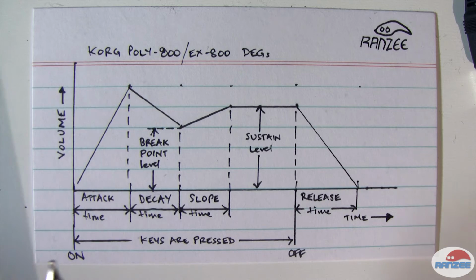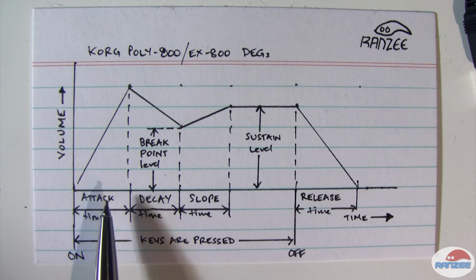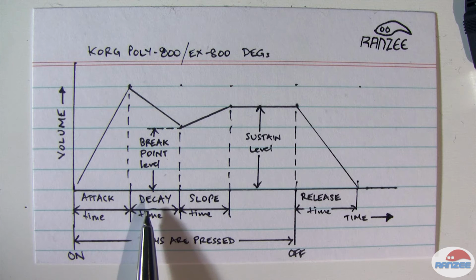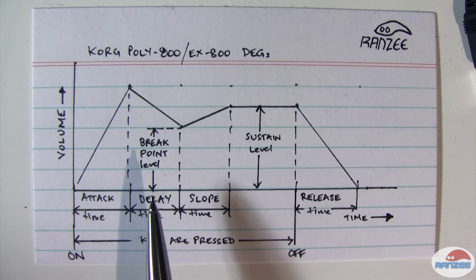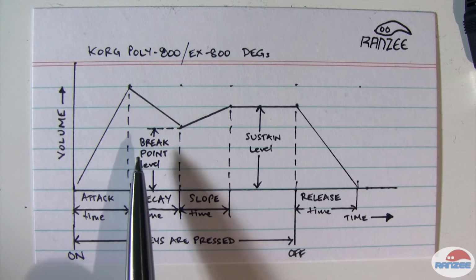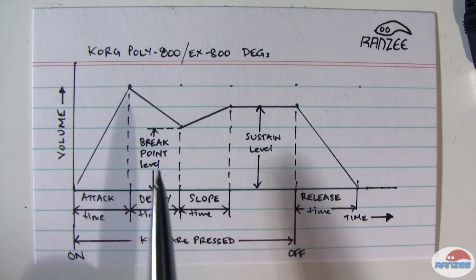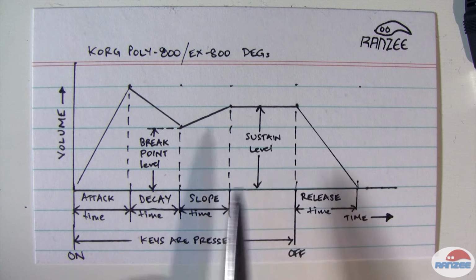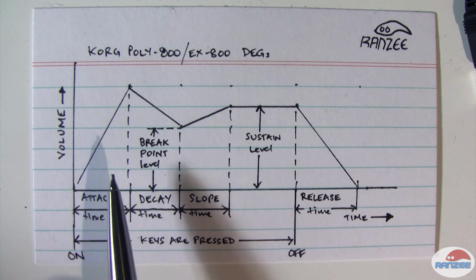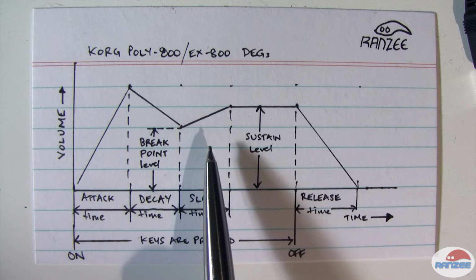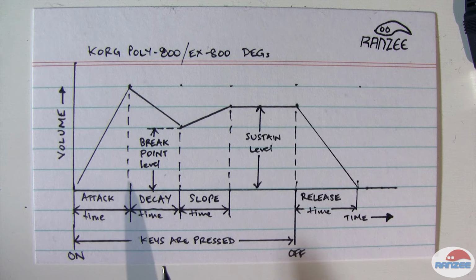Right, so let's have a look at this diagram that I've drawn for you guys here just to show how it works. So there's your standard attack, there's your standard decay, but then there's a new, well, not new because it's an old synth, but this is a new concept to a lot of people, this thing called a breakpoint. And then what that does is it enables the slope to kick in, and the slope can either be an attack or a decay. Then it combines with the sustain and then release. So you can see here I could have 2 attacks, which I do have, and 2 decays, which can really give you some very interesting